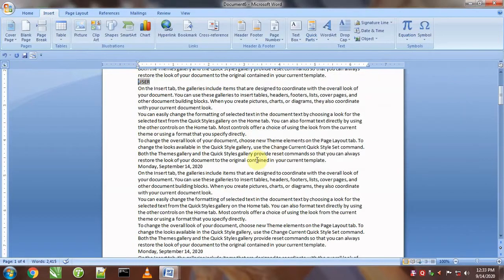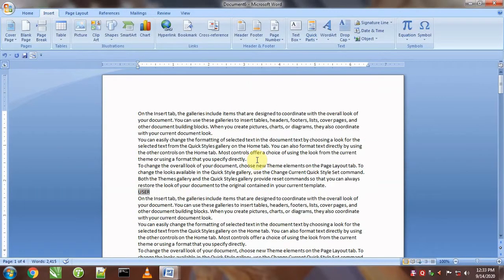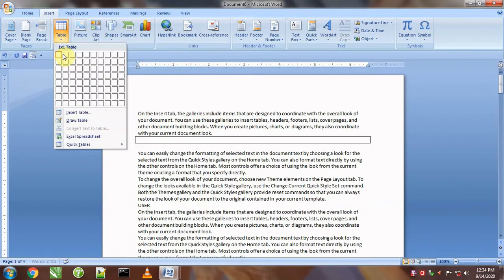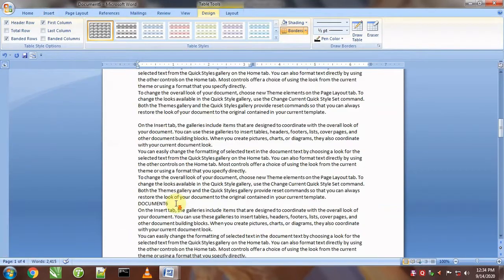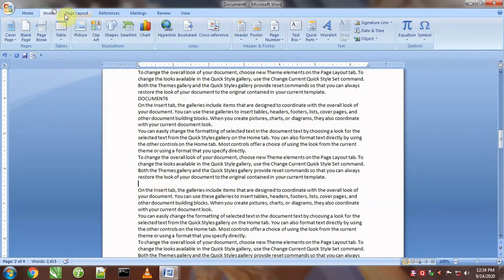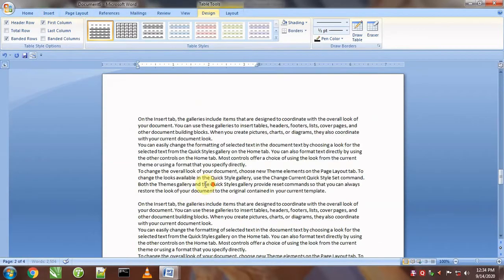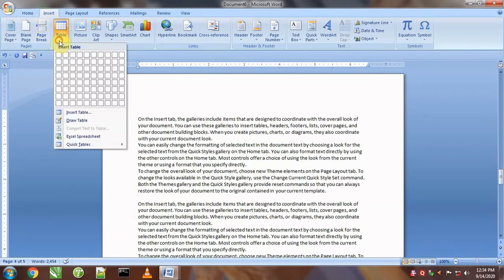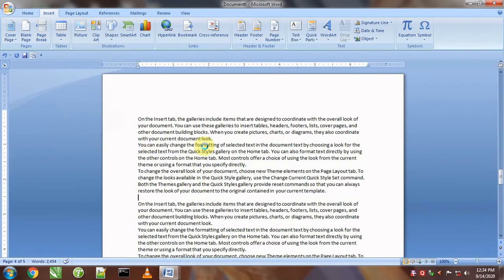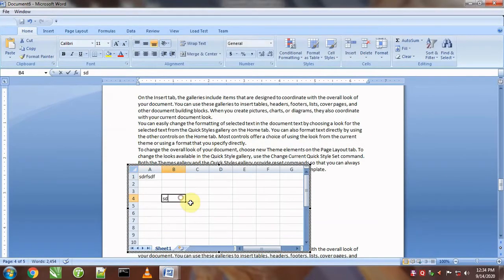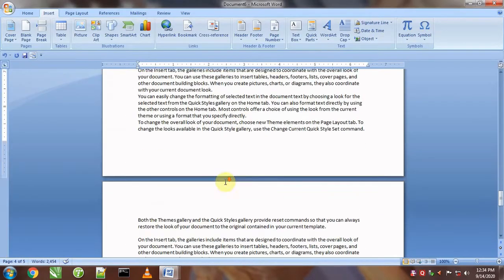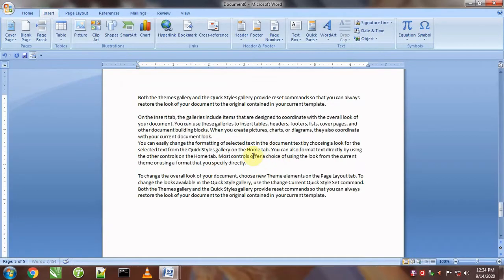Next is table. It is very common when the document is very lengthy. Suppose it is a report, it contains many tables, and if you want to look at all tables one by one, we can do it with the help of the table command. So in this document first I will put some tables. Suppose it is a table, and I will put one more table here. Suppose it is one more table. Next I will put one more table here, like this, and I will put one more table here.